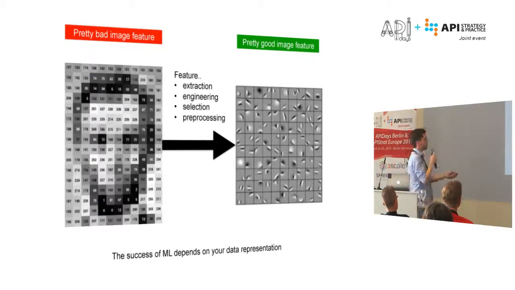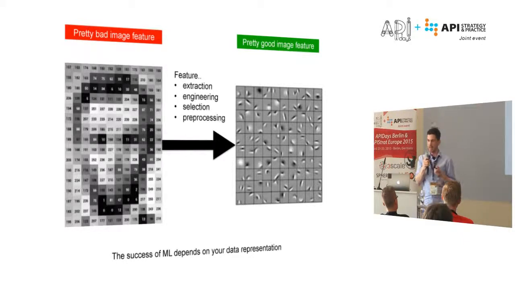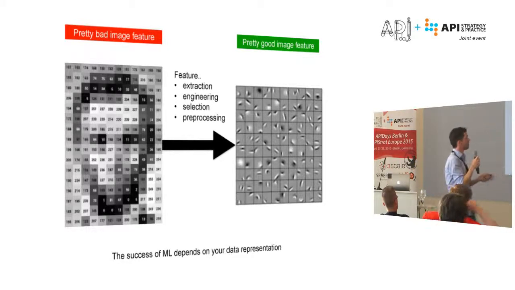And this here is for some reason a good image feature. The interesting thing about this here is actually that this was found by a deep learning network. And this is the reason why we are now seeing such a huge success in deep learning, in computer vision, and in all other fields, because deep learning networks are able of finding the best possible features that we know of. Before, people sat down and were thinking about how to construct the feature. And they would come up with something similar, right? But not quite as good.